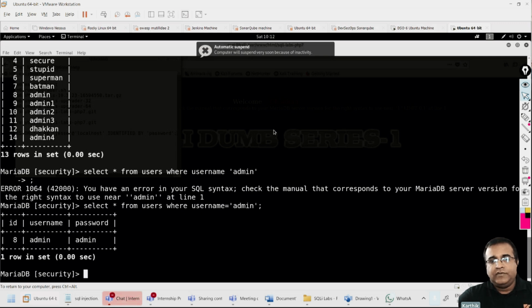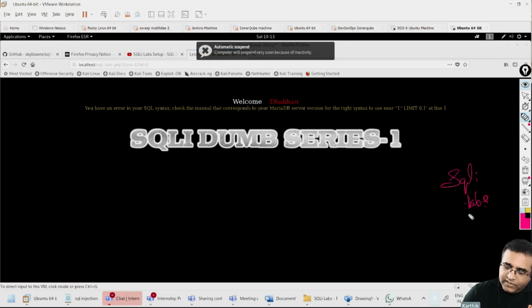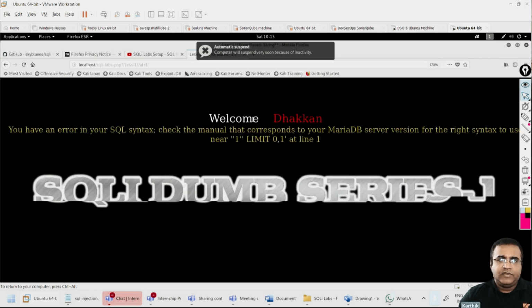Now for the attack vector, you can check out SQLI Labs. This machine is widely available, and you can download it and practice your SQL injection. This particular machine is set up only for pen testing your SQL injection. There is no other vulnerability that can be compromised. So let me increase the font size here.